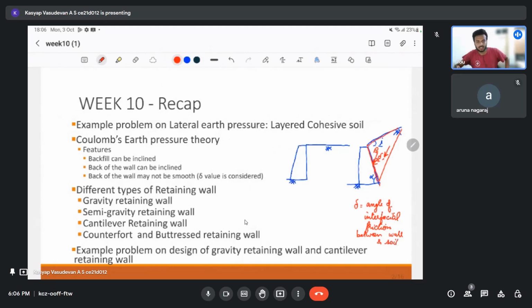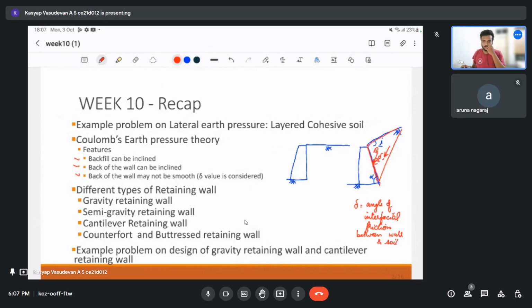So this is just like any other frictional angle that we say. This is in between two materials, so it is generally expressed as a ratio of the phi value. With different materials like concrete and wood, or masonry or steel, it will have a different delta value. We have dealt with this in pile foundations as well, so it's not new to us. So Coulomb incorporated that also. So we have all these three more things taken into account,